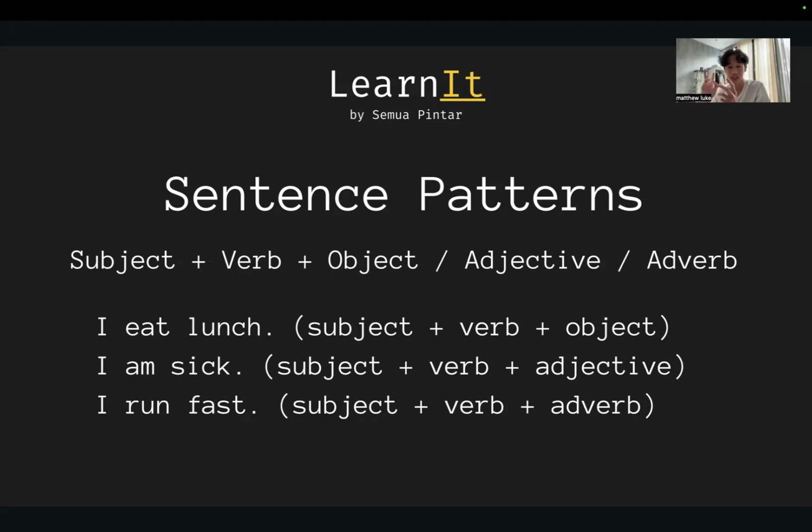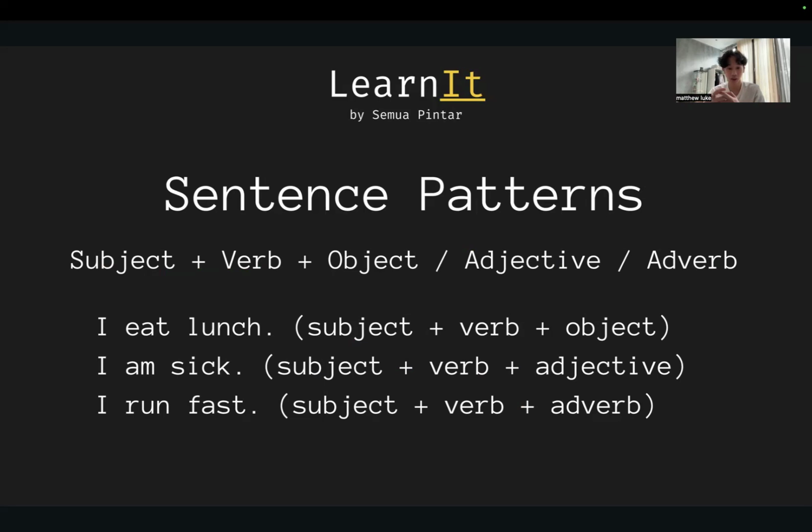So this is the quote unquote basic sentence pattern you'll have in English, which is the very, very simple one. So it'll be a subject followed by a verb, followed by an object, adjective, or adverb, depending on what you're trying to say. So let's take a look at the first sentence. I eat lunch. That is a subject, a verb, and an object. Very clear. You know who you are, you know what is being eaten, which is lunch, and you know it's, well, eating